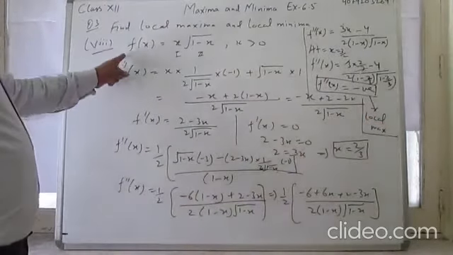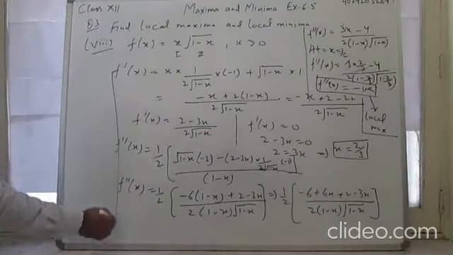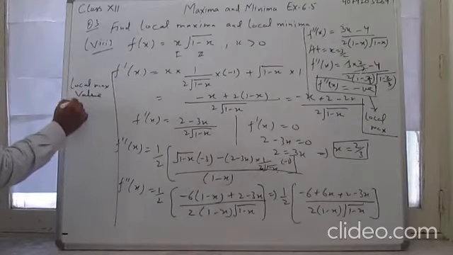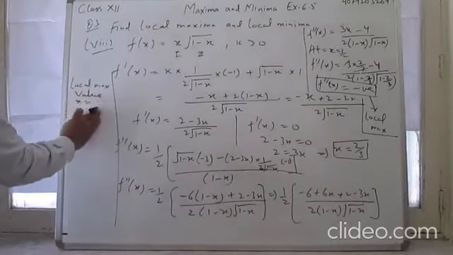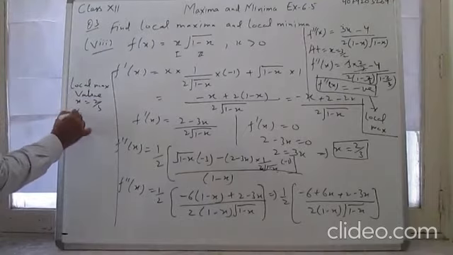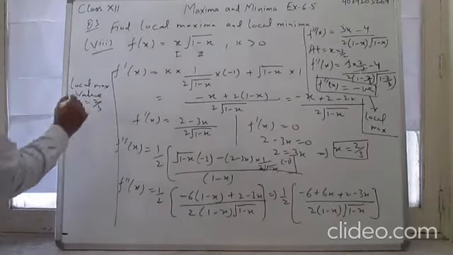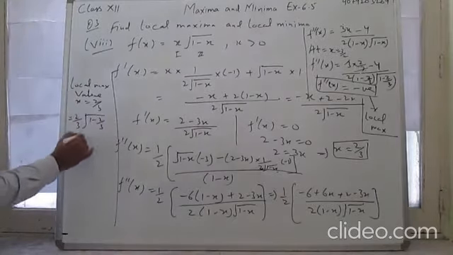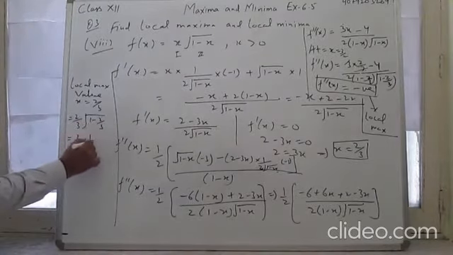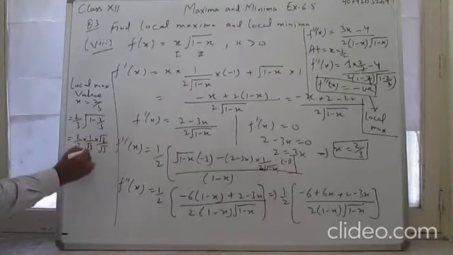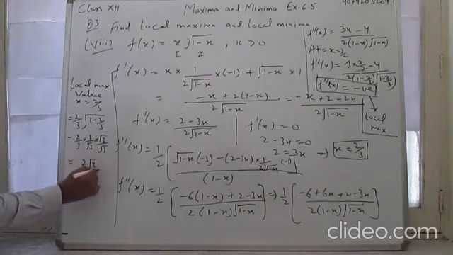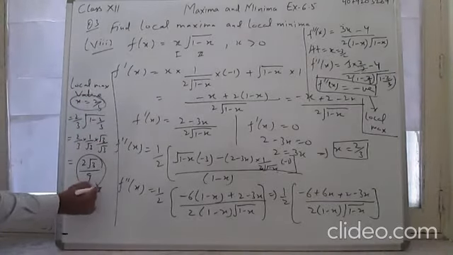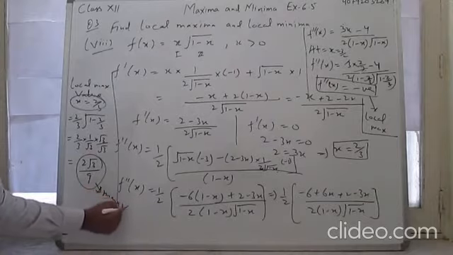Now you find the value of local maxima. So I will find the value of local maxima here. Local maxima value is equal to x is equal to 3 by 2 पे 2 by 3 पे. So fx is f2 by 3 पे वैल्यू निकालेंगे. x को क्या रखेंगे 2 by 3 under root 1 minus 2 by 3. So it becomes 2 by 3 into 1 by root 3 into root 3 rationalize कर दीजिए. So it is 2 root 3 upon 9. This is the value at x is equal to, this is the maximum value, local maximum value.